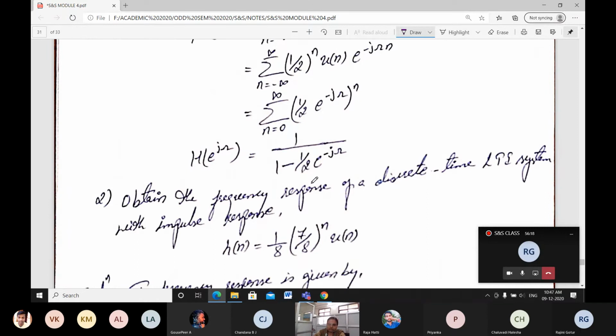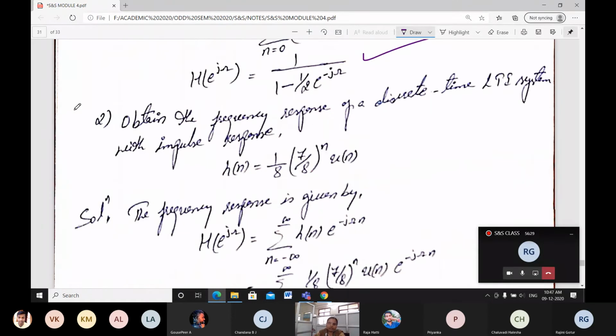Then what is the equation? The general formula is going to be 1 divided by 1 minus alpha. Alpha is nothing but 1/2 e raised to minus j omega. This is what you will be getting. In the same way,